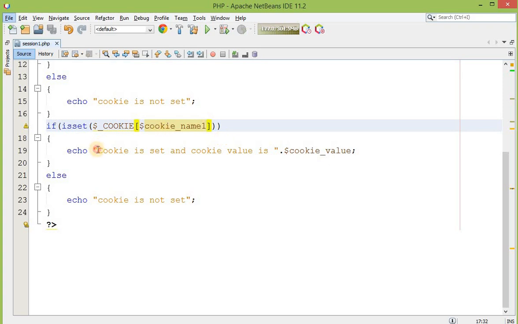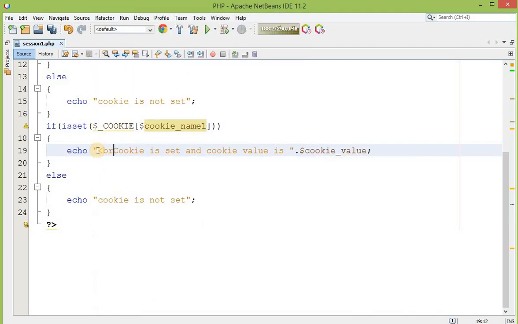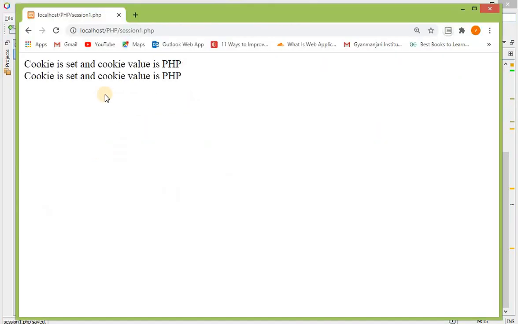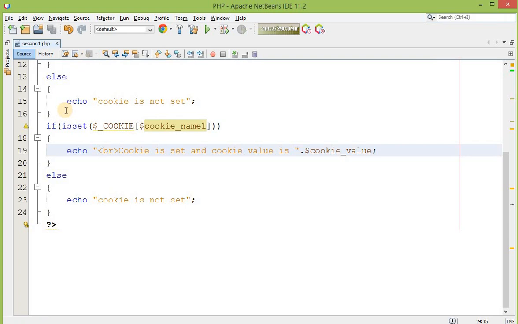Let me put one break over here. Initially when we executed this program the first time, there was a message "cookie is not set". Why? Because there is one rule for cookies: you cannot use this cookie inside this particular page itself.